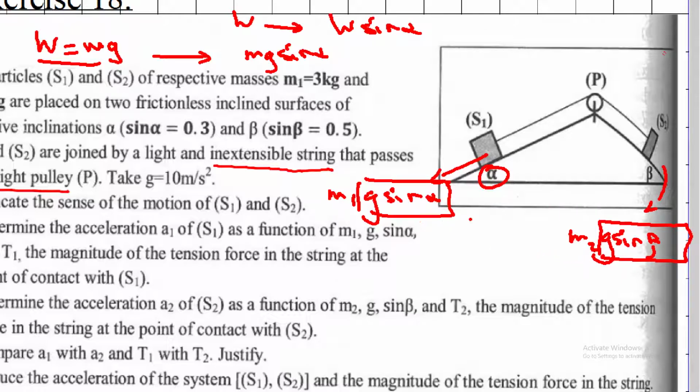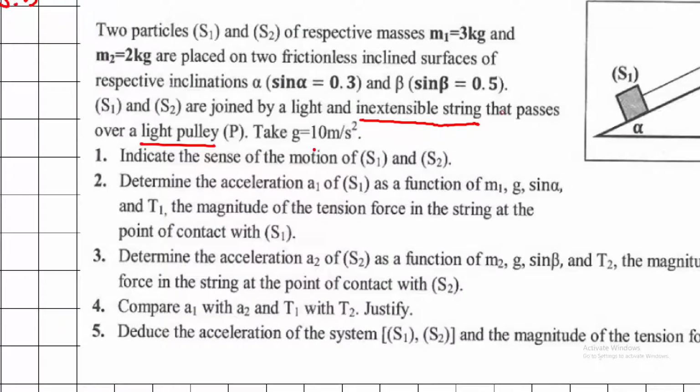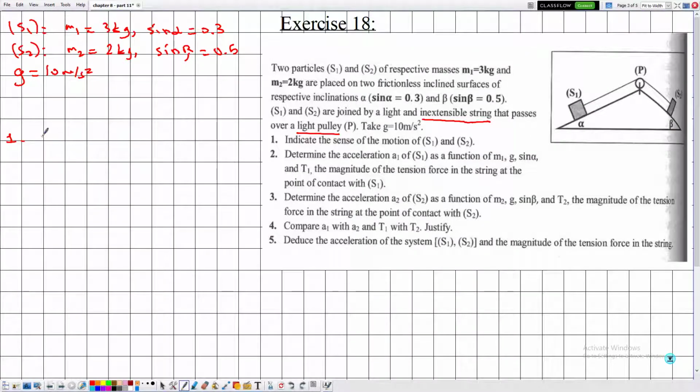but it is not enough to compare the accelerations because the acceleration doesn't reflect the strength of the force. We need to calculate the magnitude. So I repeat, here we are interested in indicating the sense of motion of S1 and S2, which is related to the weights of S1 and S2, but we will not calculate the weight which is given by mg. We will calculate the weight suppressed by the factor of sine alpha and beta, because the weight is suppressed by the following factor. So let me determine first m1 g sine alpha, which is given by 3 multiplied by 10 multiplied